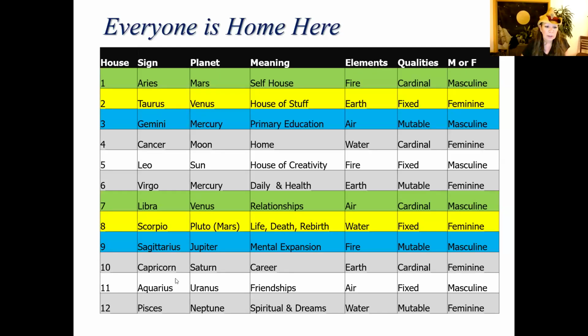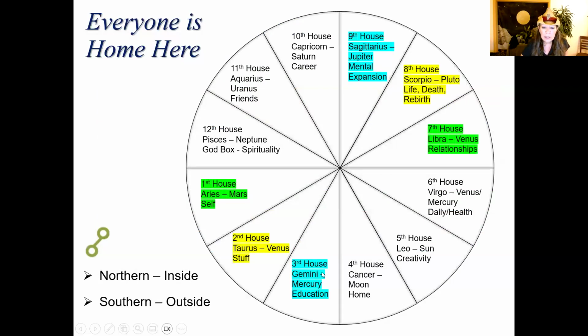So, yep, now let's take a look at this one. Here is our third house opposite the ninth house. We've got the Gemini air, and that's inside, and that's education, primary education. And then you have, oh, Sagittarius, mental expansion. Oh, this is the outside education, the bigger. So we do have something in common, even though, once again, Gemini and Sagittarius are going to be air and fire, just like the Aries and the Libra, air and fire.